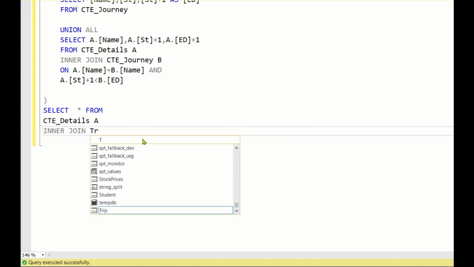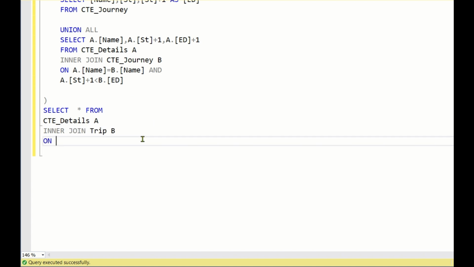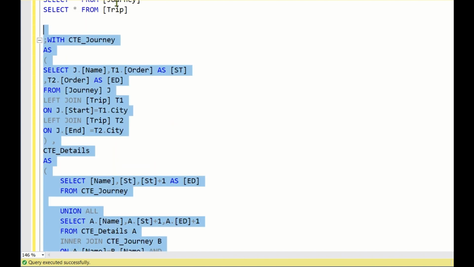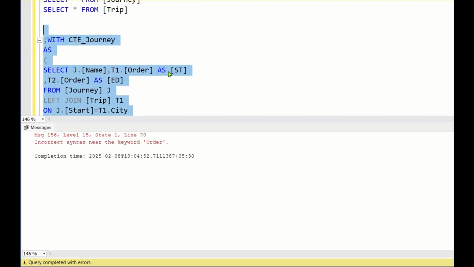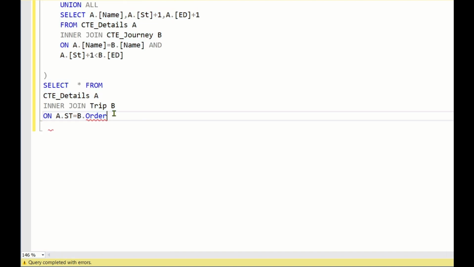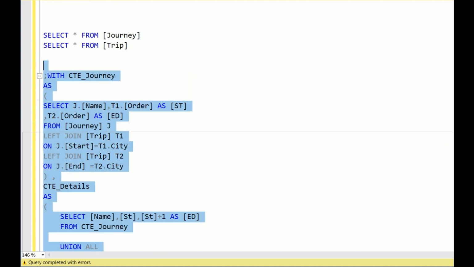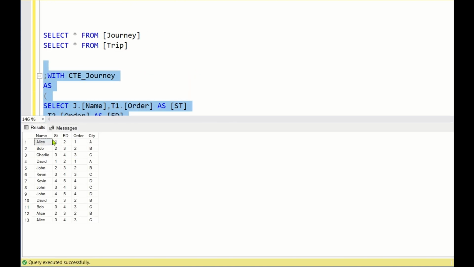So inner join trip B on a dot start point is equal to b dot order. Okay, now let's run this and see what we are getting. Incorrect syntax. Okay, because this order is a keyword, I have to keep it in brackets. So now if we run this, we are getting the required things, like Alice